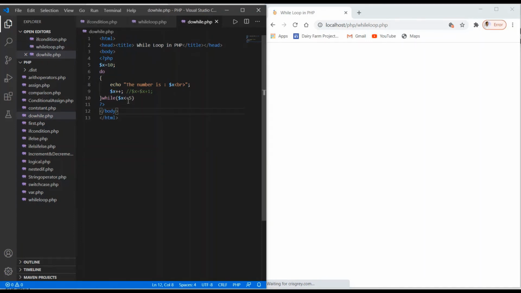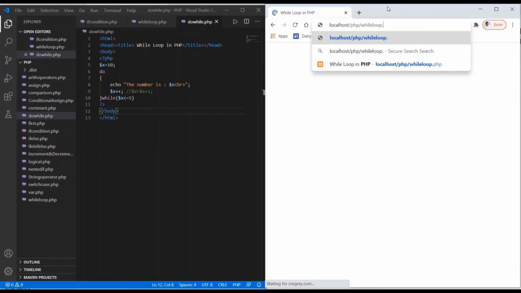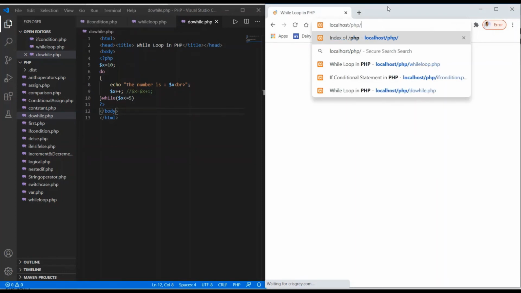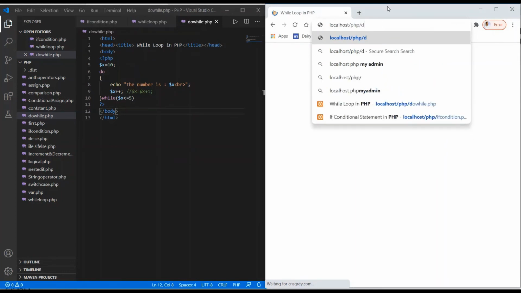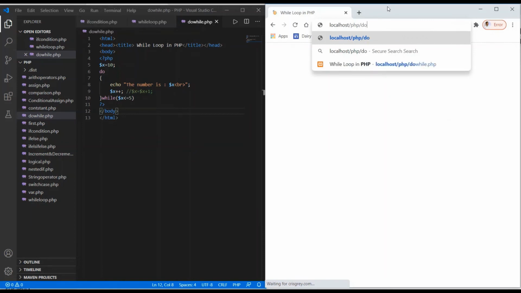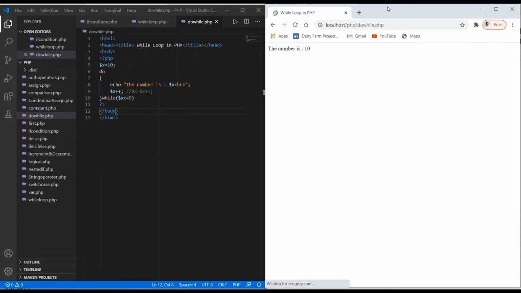Just go to the do while file here. We see the output, the number is 10. This is the difference between the while and the do while loop: the body gets executed once and then it checks the condition.